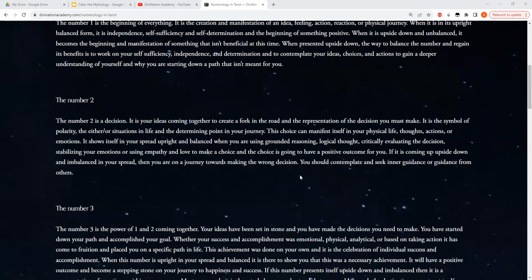I think Paul kind of said it best with a person who decides one thing and then asks the other person what's next, versus taking the initiative to actually do it. Like if a one was rolled with the two, then it would be the person who takes the initiative to, like in his example, take her out to dinner and pick where to go, versus if it was a two and a two, then that would be more making the decision to go out, but being indecisive about where to go.